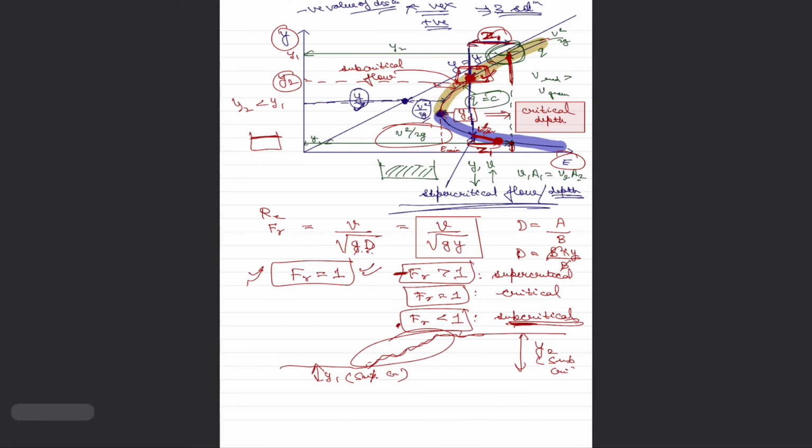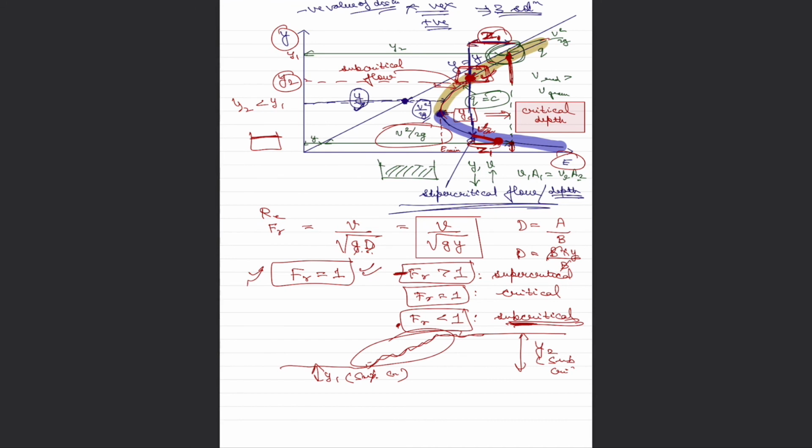Now with this understanding, we are all set to move into our next discussions, where we will look into some specific examples of channel transitions. Here we just talked about one transition where the bump height is increasing, and we will derive a mathematical relationship to identify why indeed the depth of water should increase or decrease whenever it passes a bump. Also, we could have channel restrictions or constrictions. So once the channel is restricted, how would the upstream water be affected? Those are the things that we are going to discuss in our next discussions.